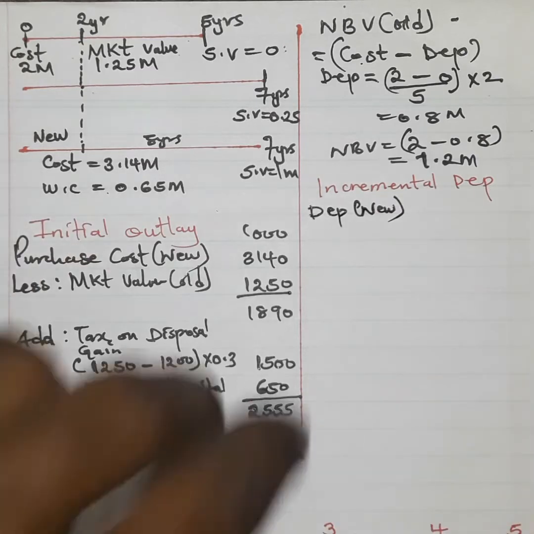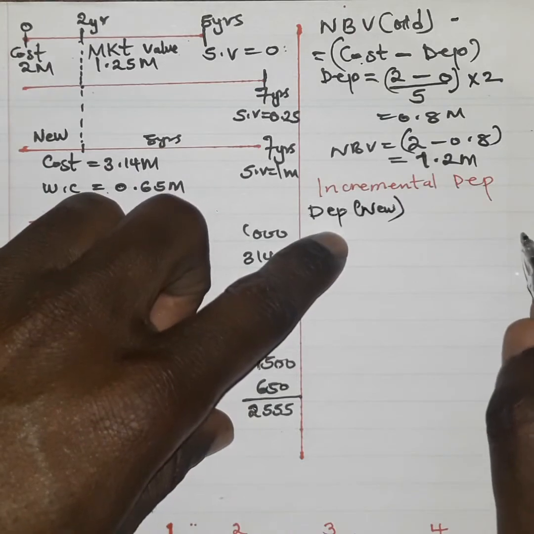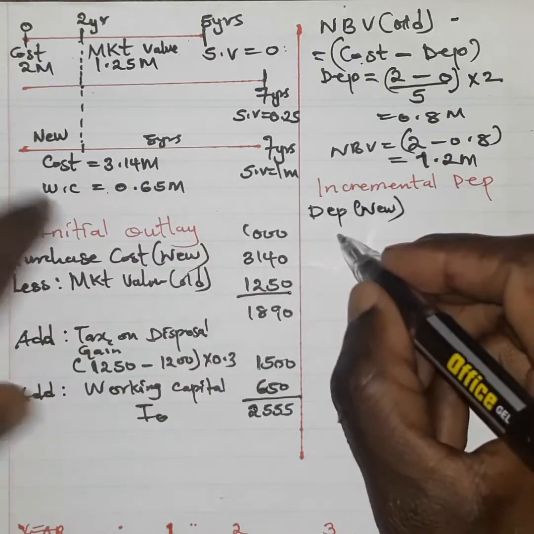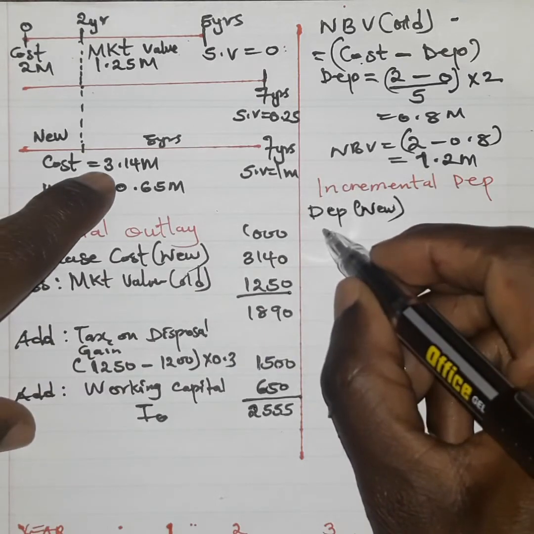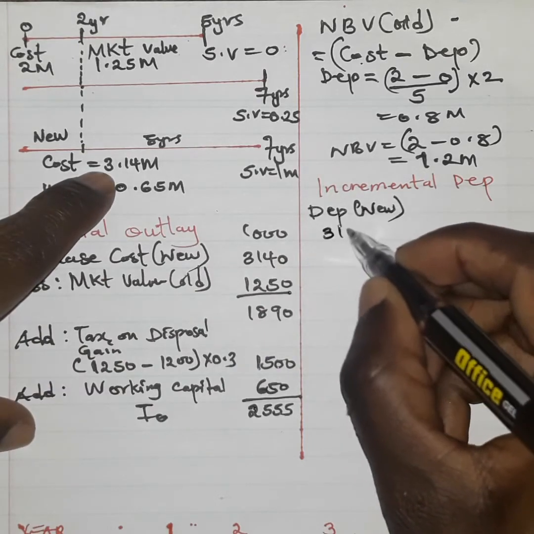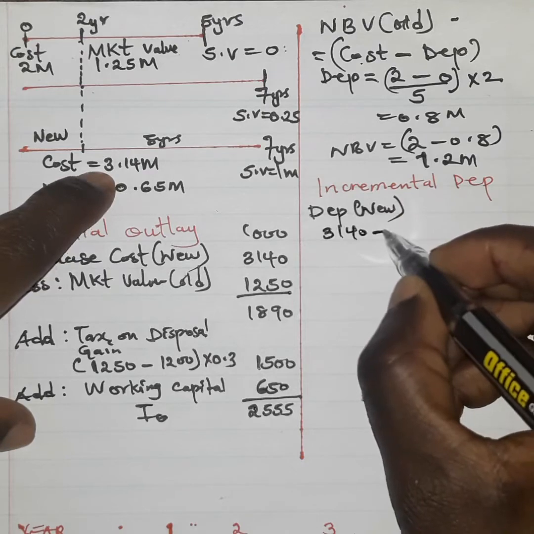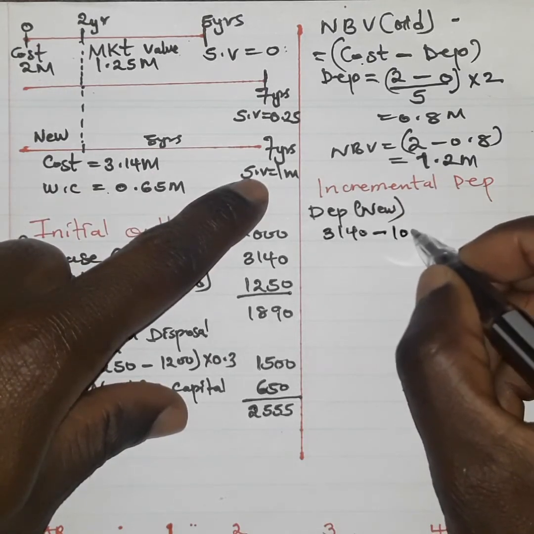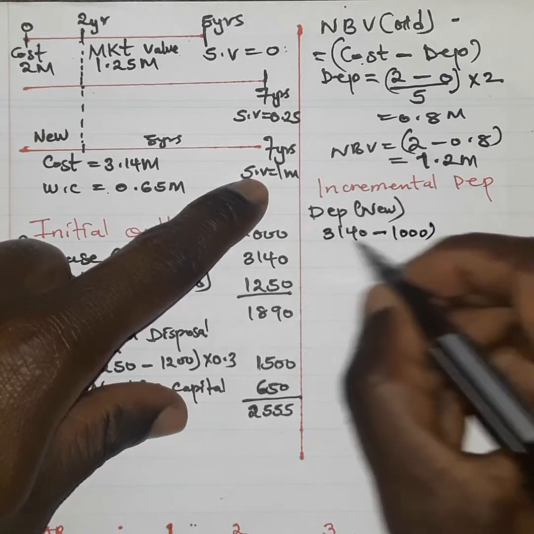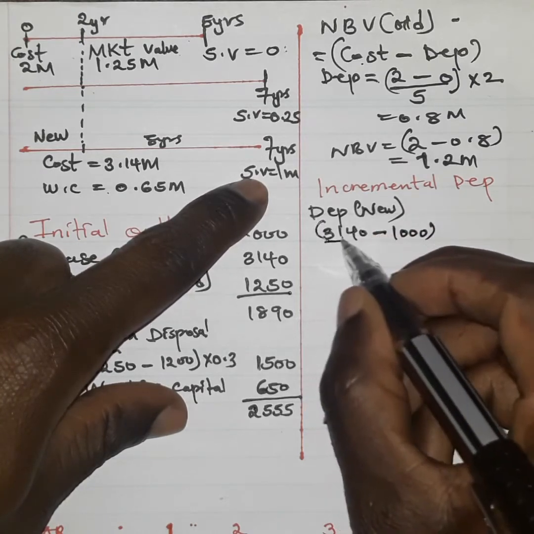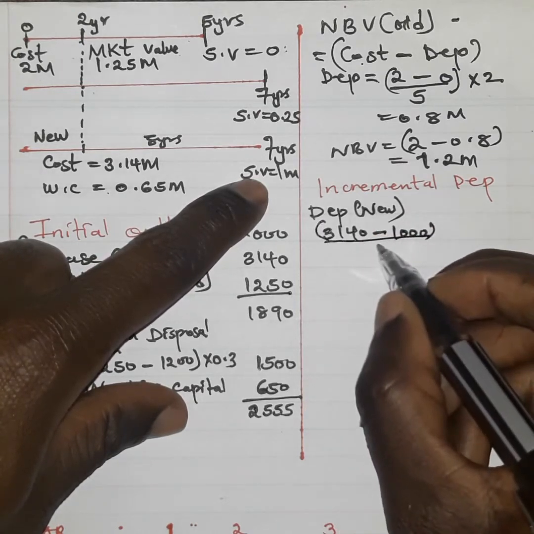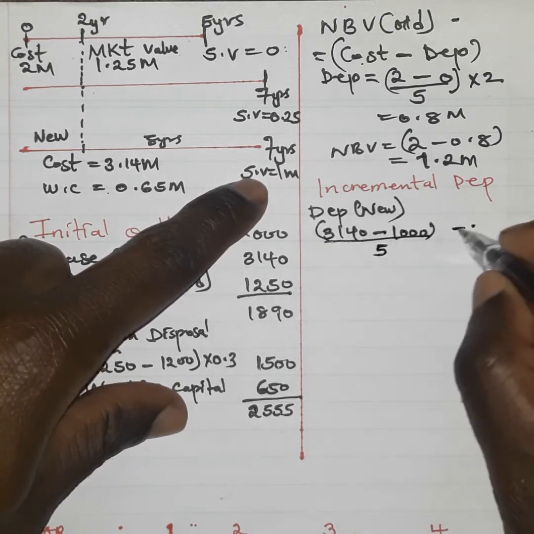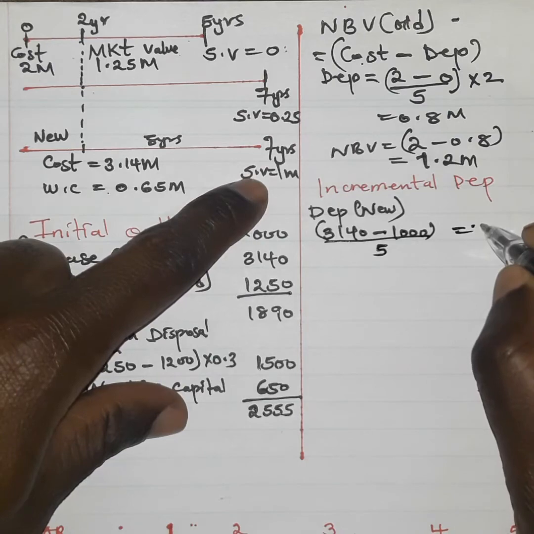Because we are using the straight line method of depreciation, we take its cost, which is 3140, minus the salvage value, which is 1 million, which is 1000 because we're working in terms of thousands, divided by the useful life of 5 years, and we get an amount of